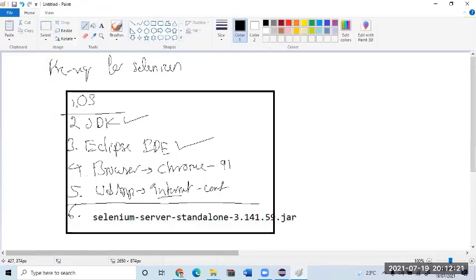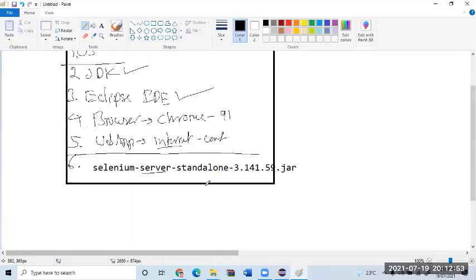Actually, in Selenium there are two parts. One is client, one more is server. Which one am I using? Server. That is enough to start with. I believe all of you have downloaded it. Let me show how to install it. I'll repeat it, and then you do it. Take your own time. Don't get into the urgency of doing it. If you are facing any issues, I'll help you out. Don't worry. Please be on mute.